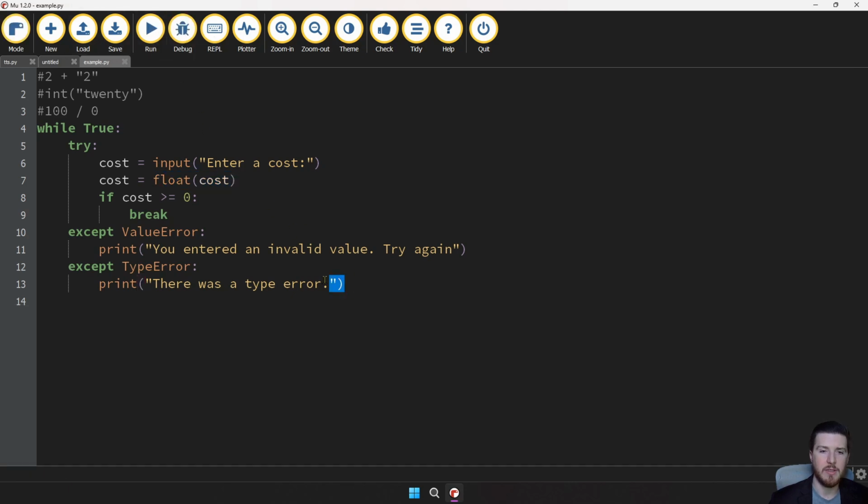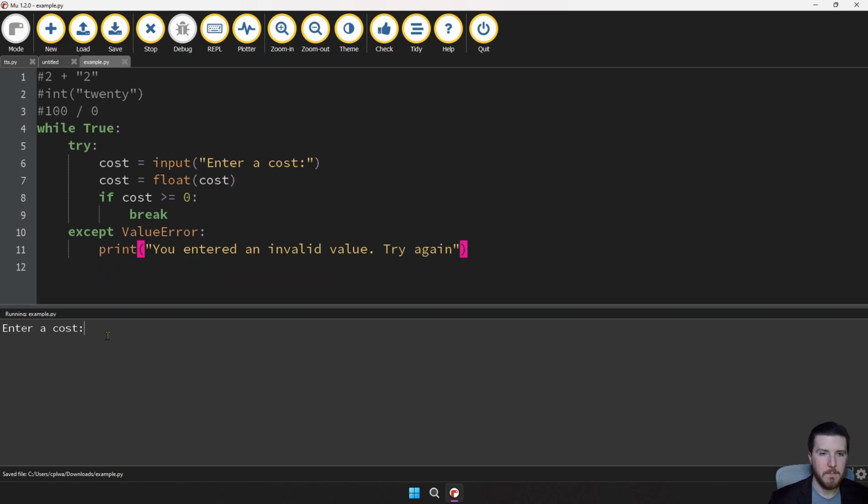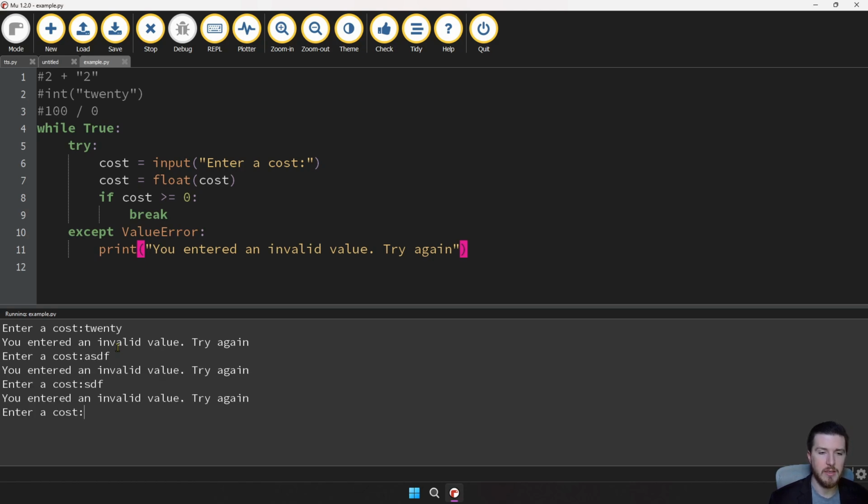And we don't have a type error right now anyways. So let's just come up here, enter a cost, and let's type the word 20. It says we entered an invalid value, try again, and I can just keep doing that. And as long as I don't type a correct value, it's going to keep asking me. But if I type in a value that can be converted, like 20, and press enter, we break out of